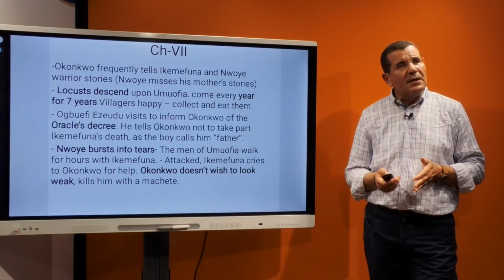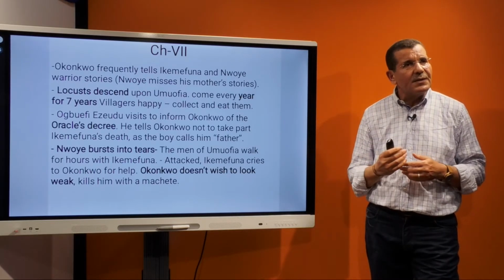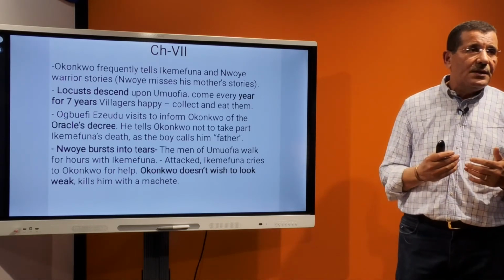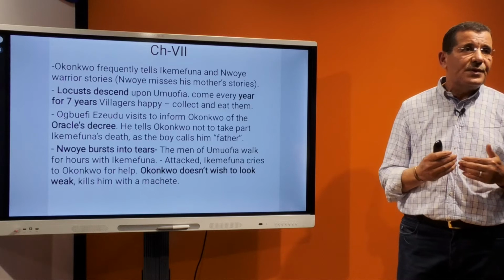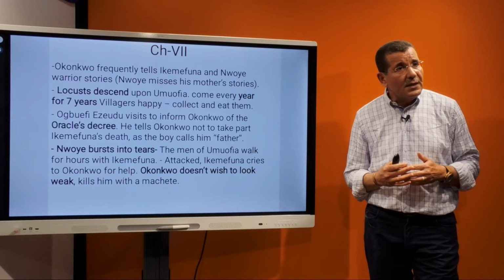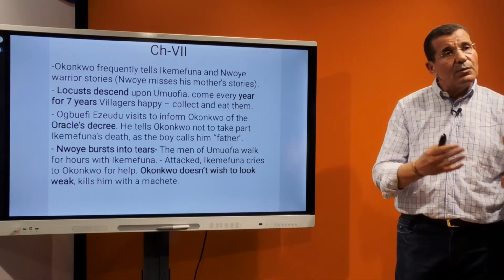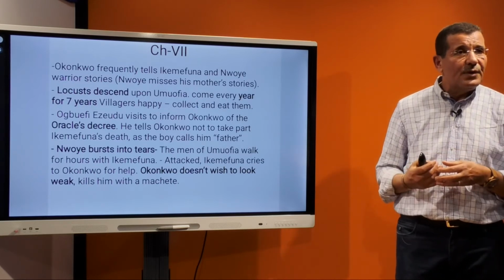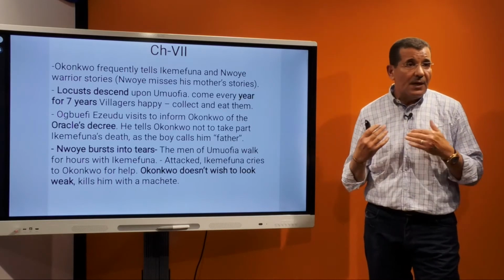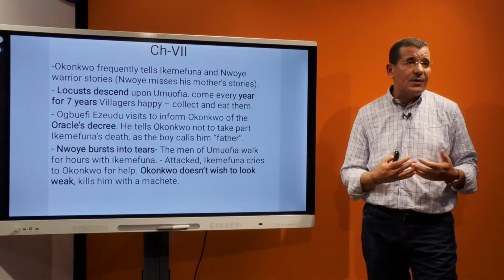And in this chapter, locusts descend every 7 years, and the villagers are happy and collect and eat them. And during this period, Ezeudu visits Okonkwo of the Oracle, that is, he tells Okonkwo not to take part in Ikemefuna's death, as the boy calls him father. So Ikemefuna comes to live in Okonkwo's house, and he's like a father. But he has to obey the order of the clan, and Nwoye, his son, is going to burst into tears,